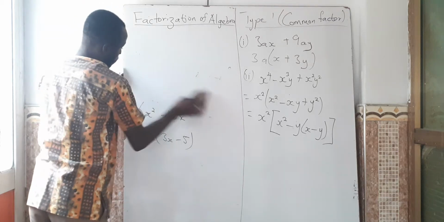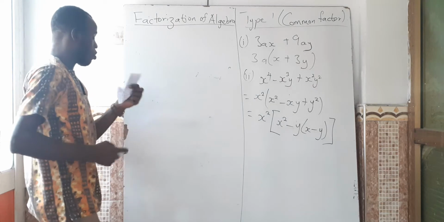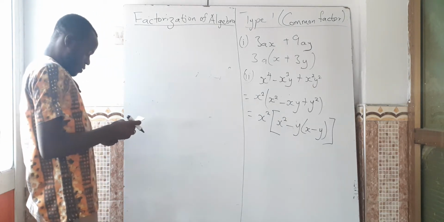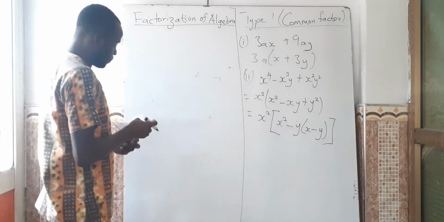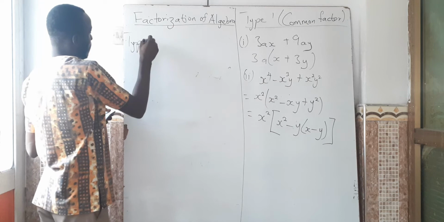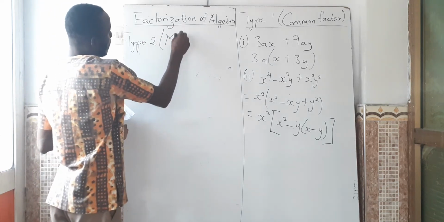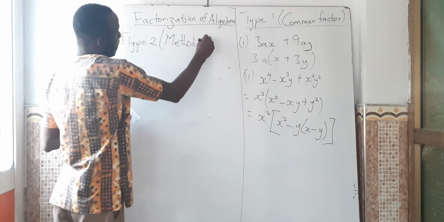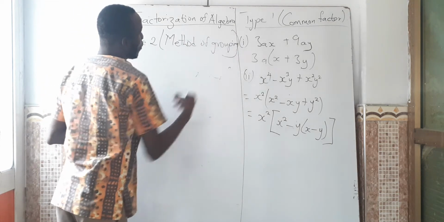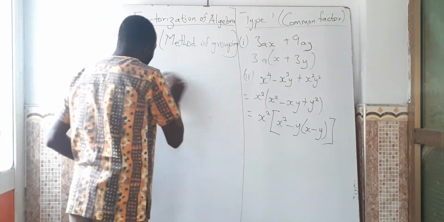Type 2 on how to factorize an algebraic expression. The type 2 is called the method of grouping. Okay, the type 2 is the method of grouping, and with the method of grouping, a number of the expressions will